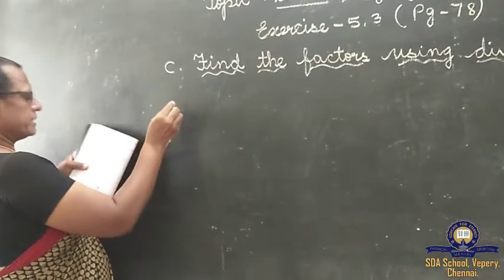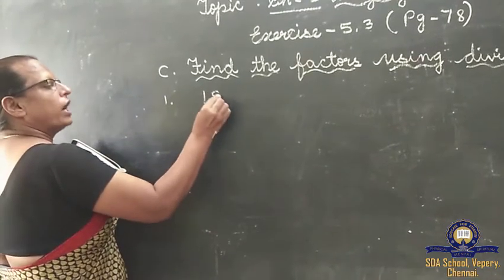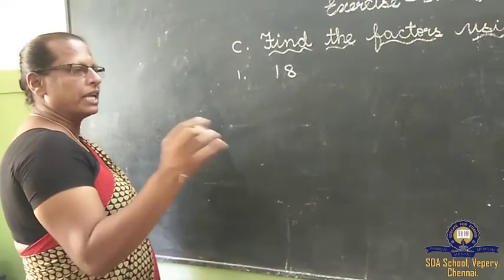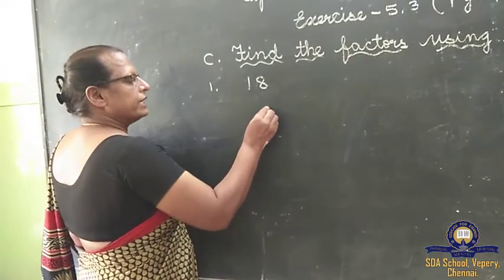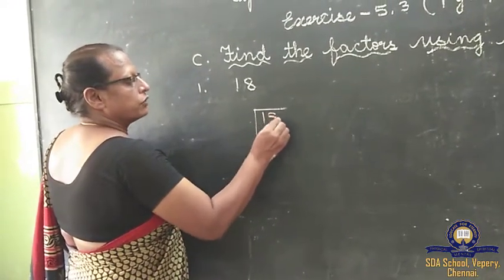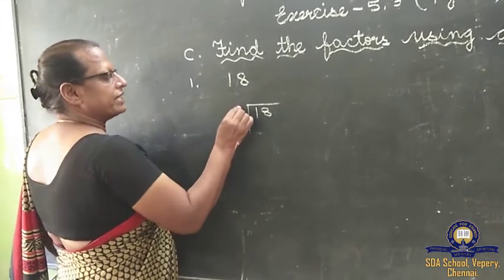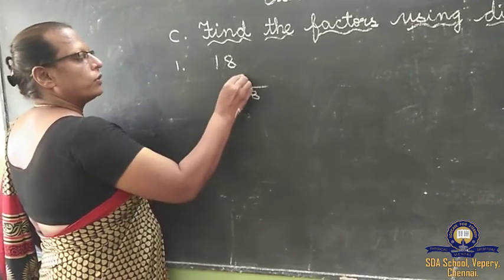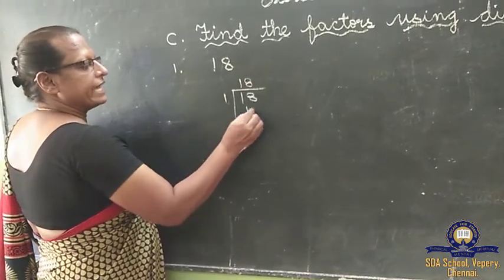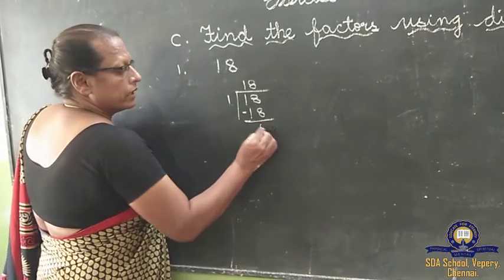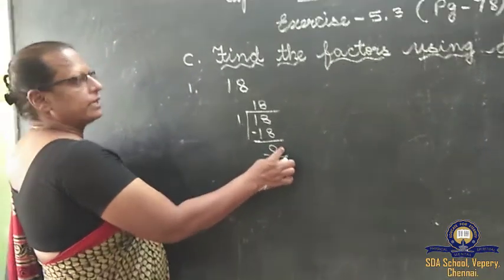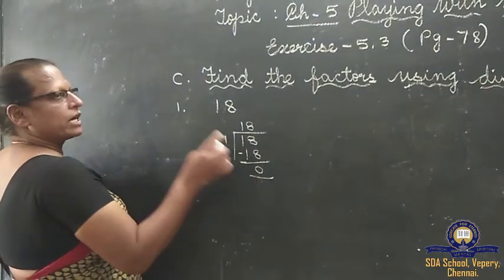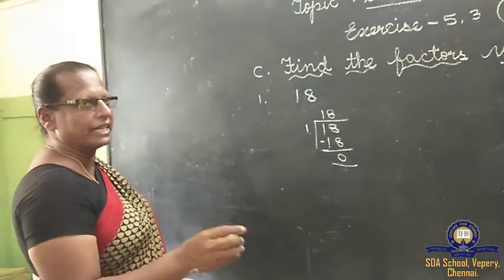So first sum, see, I will do 18. What you have to do, we have to divide this 18 in one table, two table, like that. We have to go on dividing. If 18 is divided and the divisor is 1, in one table it goes or not, we have to find out. So what will come? 1 18 is 18. The remainder is 0, which means it's a factor. Understood? Factor of 18. If the remainder comes 1, 2, then you should not write that table.